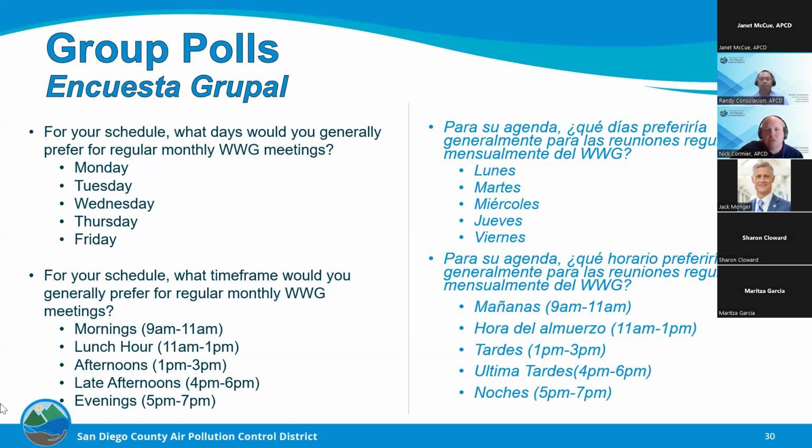how this one goes. So it looks like this is the first one in relation to the first question. This is just for the day of the week that would work best. And again, these responses are anonymous, so we're just trying to get a sense for, as we're going to be selecting pretty much one time every month to have these meetings, a set time, so that we can get it on everybody's calendar. We're looking for some boundaries to make sure we're selecting the right days and times that agree with most people.